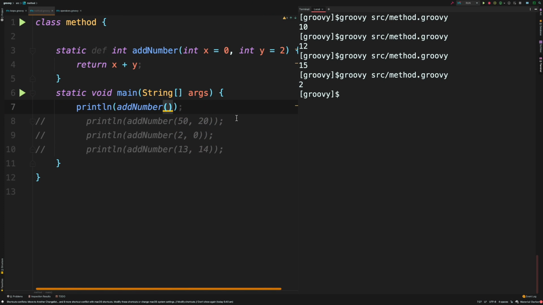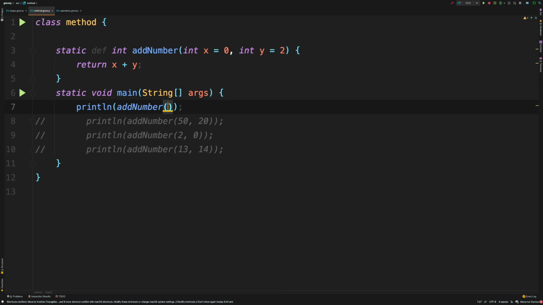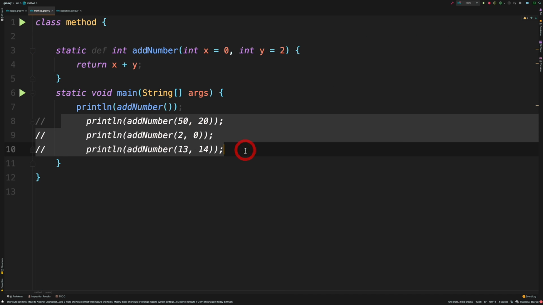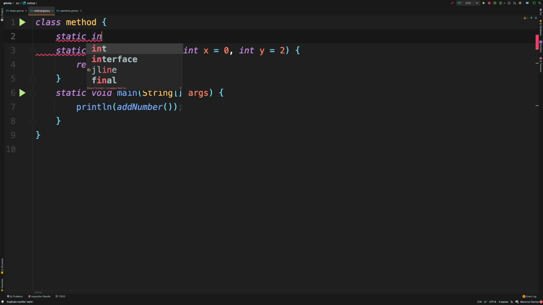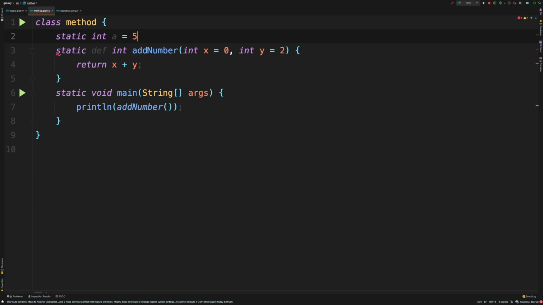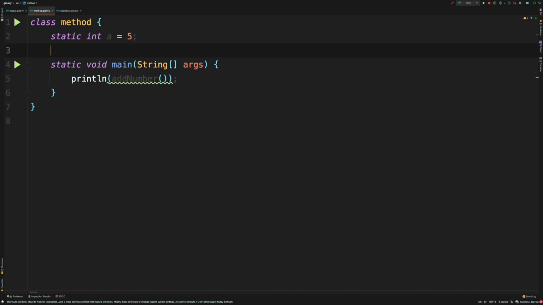So let's get rid of some of the code from here. I'm going to do a bit of a cleanup. Let's get rid of this. Okay. Now I'm going to define a static variable, and I'll just say a equal to 5. Okay. And then I'm going to get rid of this function as well.